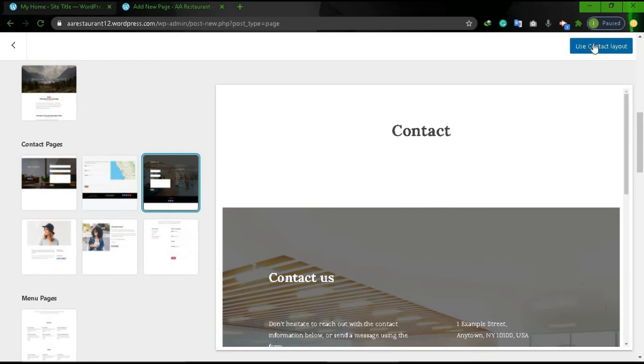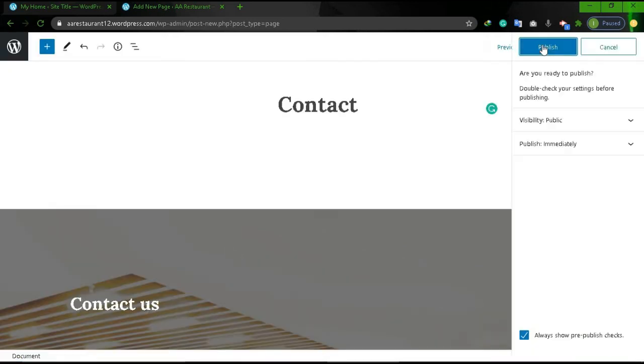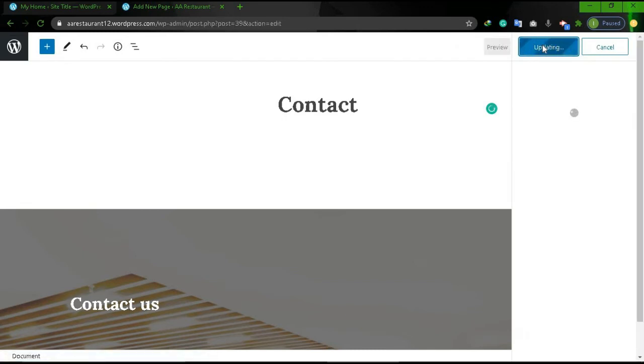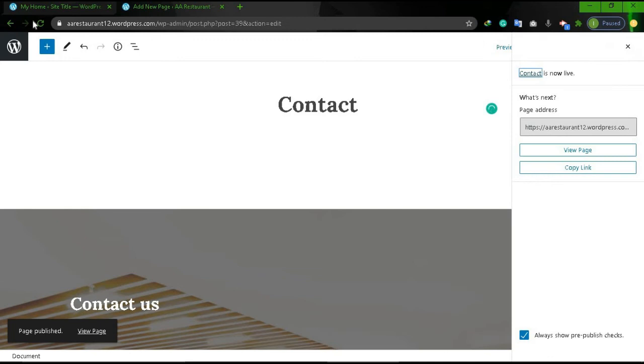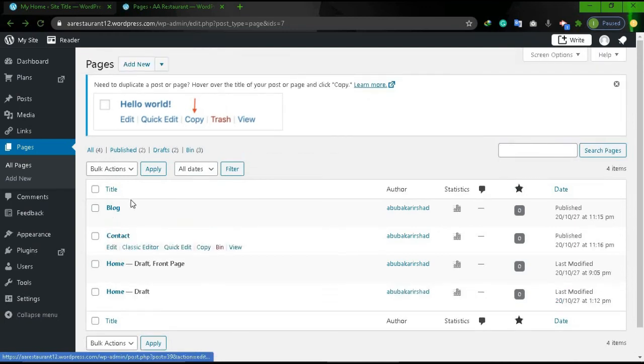Use contact layout, publish, and back to the page menu. Refresh this. Now you can see that a home page, contact page and blog page have been added.